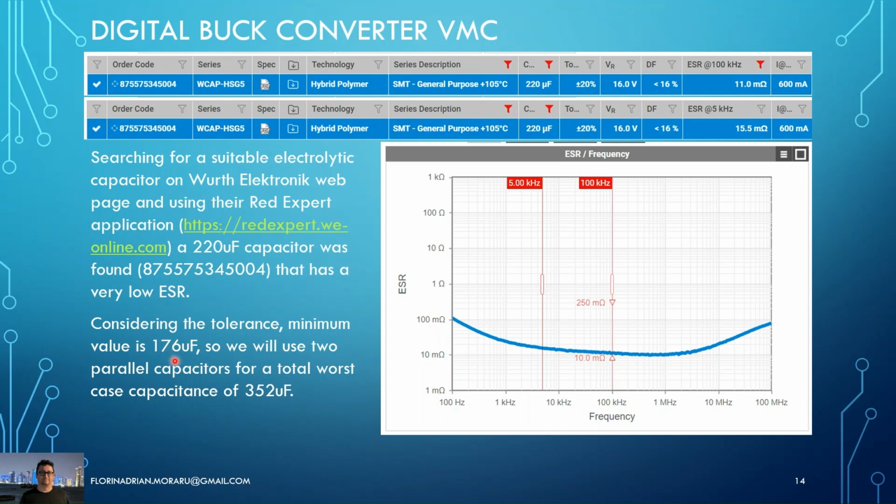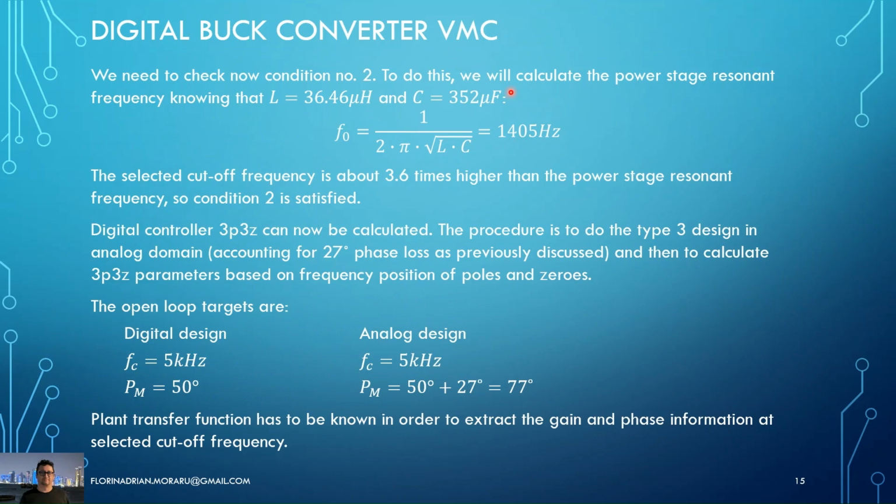That means the minimum capacitance I will consider is 176 microfarads. That means for the 340 I will use 2 in parallel, so I will end up with this 352 microfarads. Normally, having such a small value for the ESR, we could also go lower with the capacitance, but for the moment we will stay with 2 parallel capacitors, and I will consider this 352 microfarad capacitance in our example. Now what we have to do is calculate the